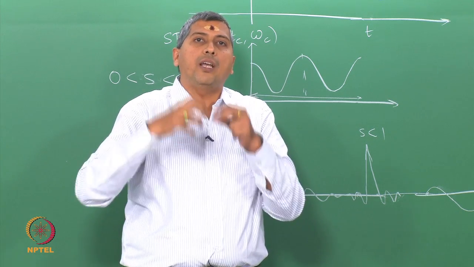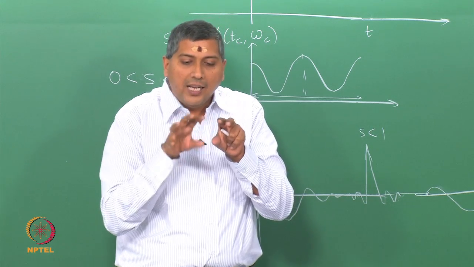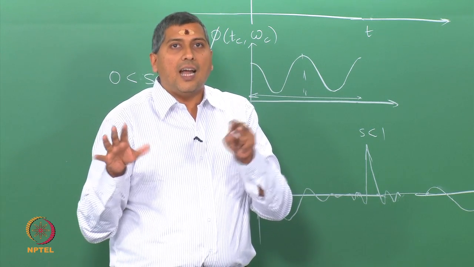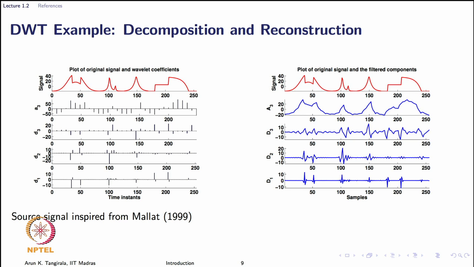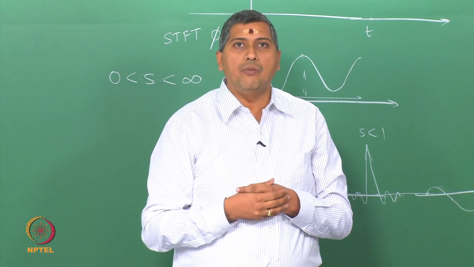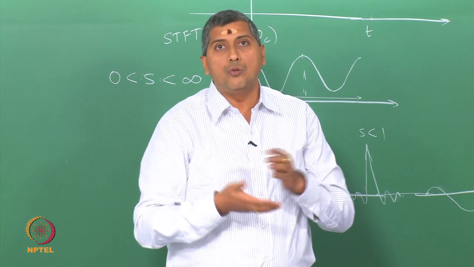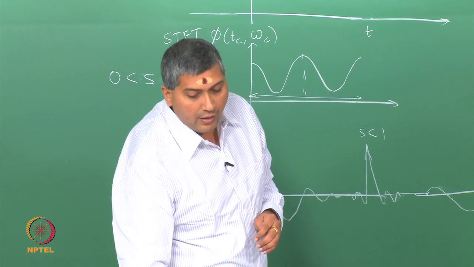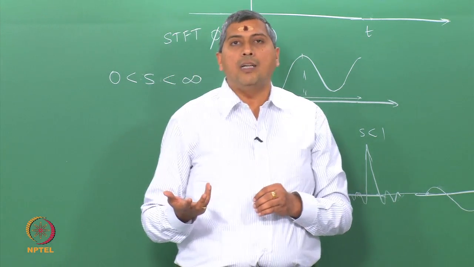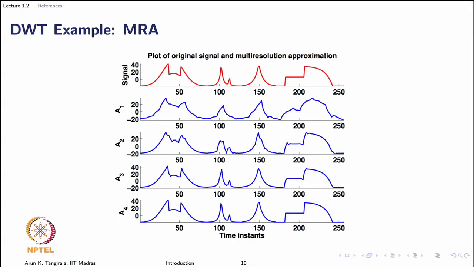So, what we are doing is we are reconstructing the signal at individual scales, and if you add up all the blue curves that I have there, you should get the red one. That is a perfect reconstruction property that the wavelets that you use for DWT should satisfy, generally speaking. Now, this is the idea that is used in multi-resolution approximation, that is very common and very